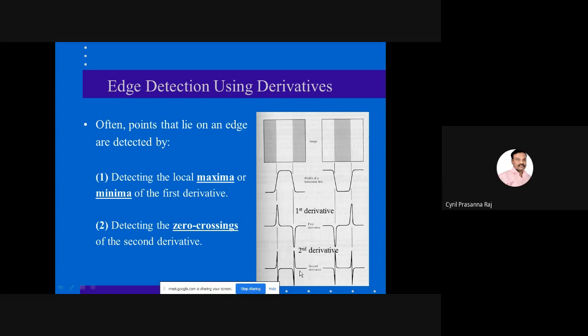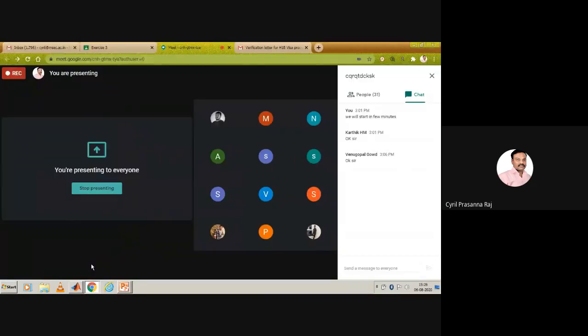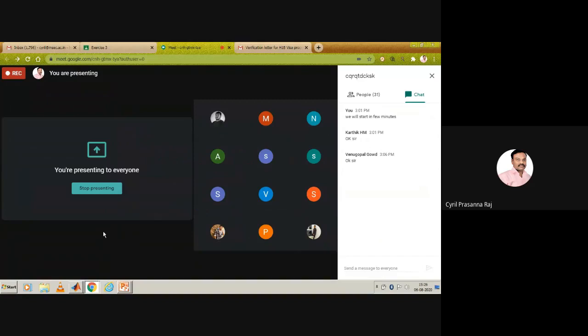These are the two methods by which we can identify the edges. I hope you are able to understand these concepts. Let us now summarize.